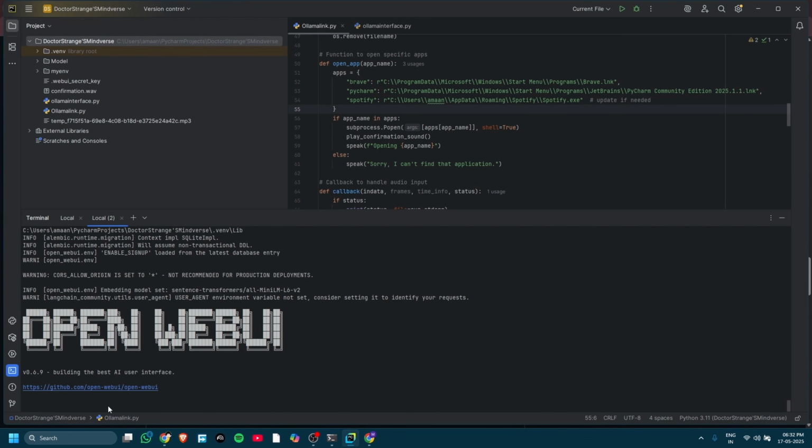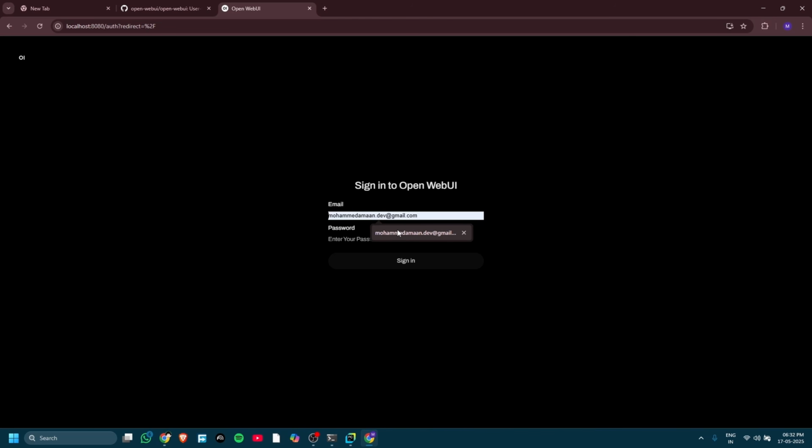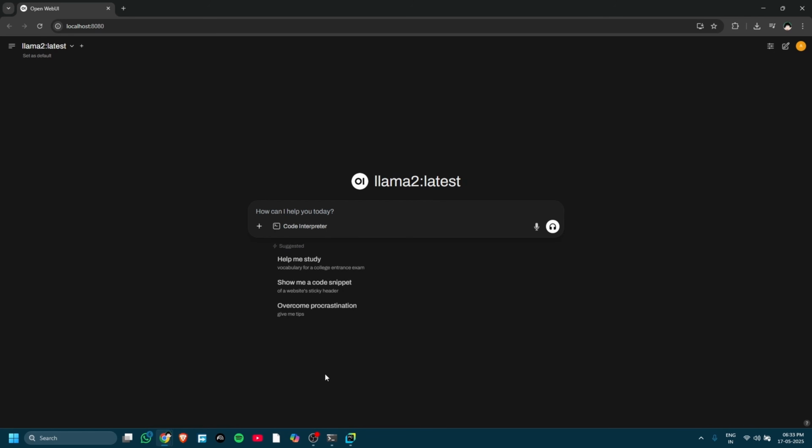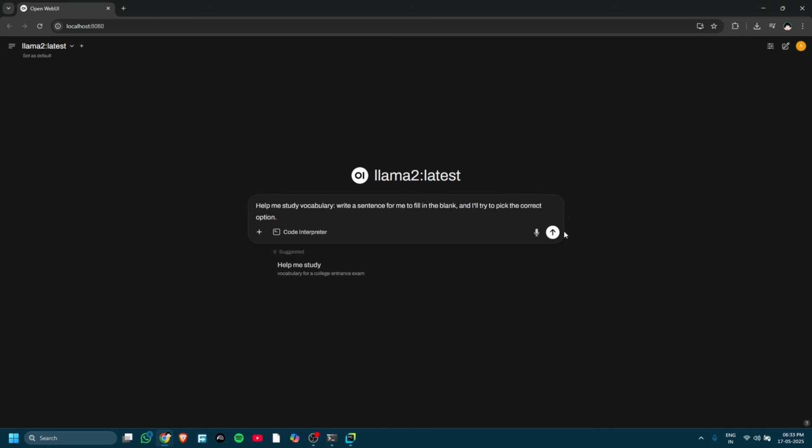Open WebUI platform. So what we have to do is go back and open the link in a new tab, and we'll give it a sign in and a password. Here we go. I have logged in to the Ollama platform. Here you can ask it anything, whatever you want, without any internet connection. Since it's running on your localhost, which is 8080 if you have not changed it, it will be the same for every computer. Let's give it something like,